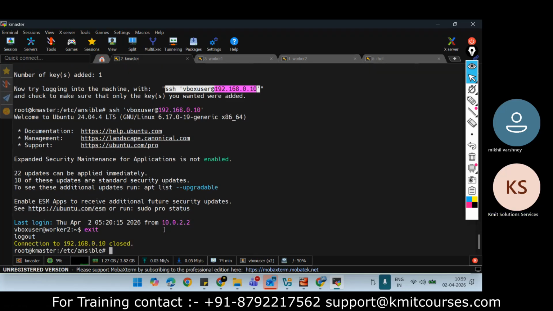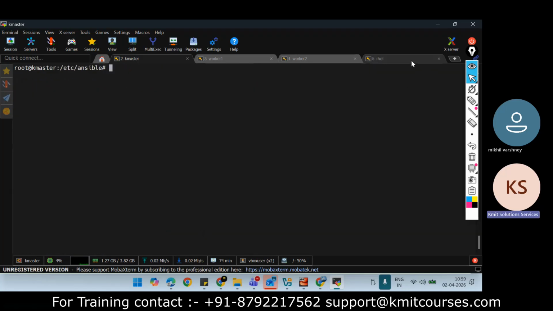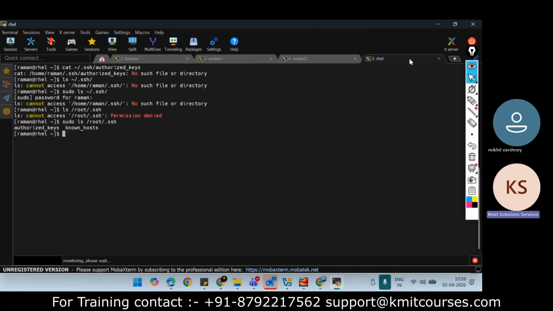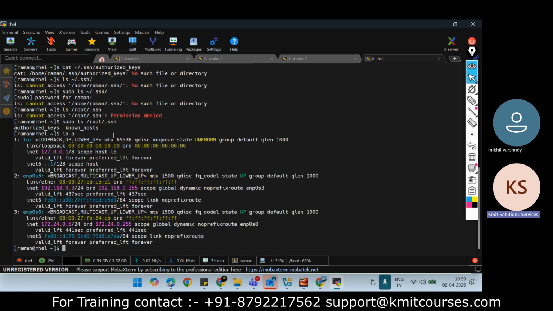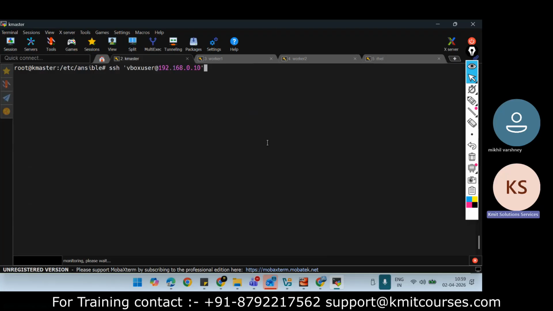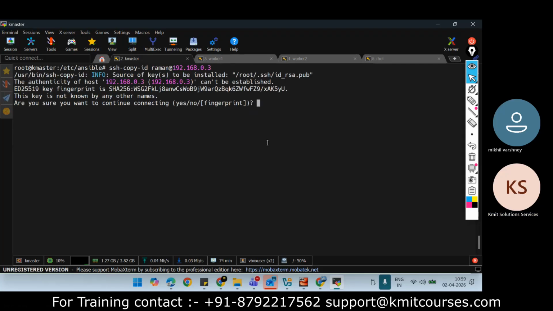Exit. Same way, I want to copy to this machine, which has the user Raman, and the IP address is .3, I believe, 192.168.0.3. And the user is Raman. Yes.